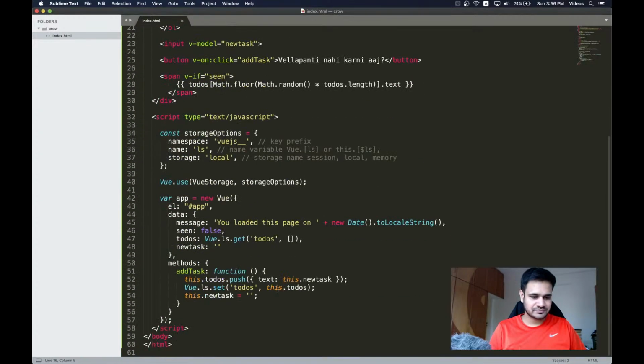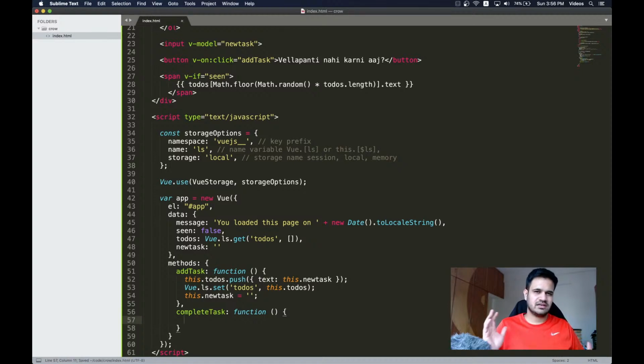Right, then we should add a method called complete task, which I will add later on, but I'll just add this function over here, and this basically needs to remove the to do thing, whatever it is. Right,